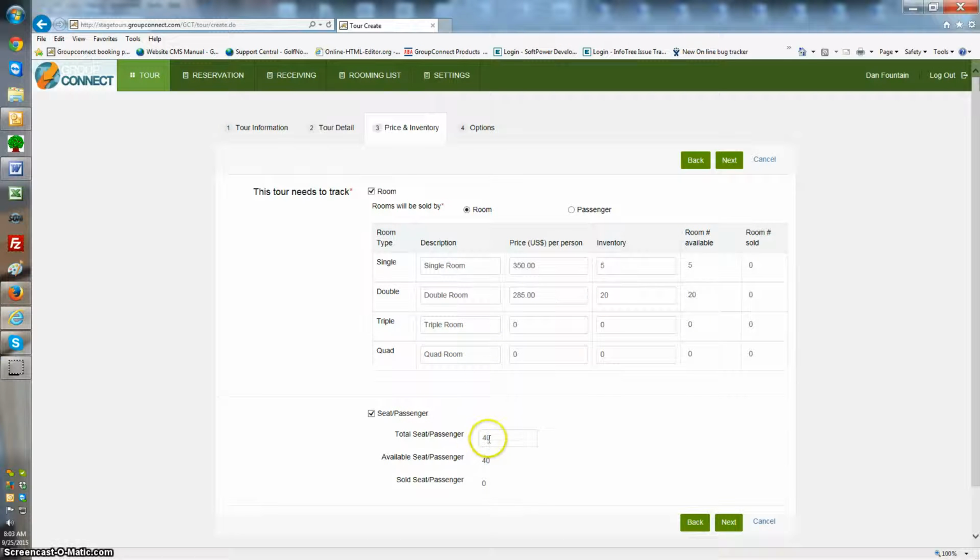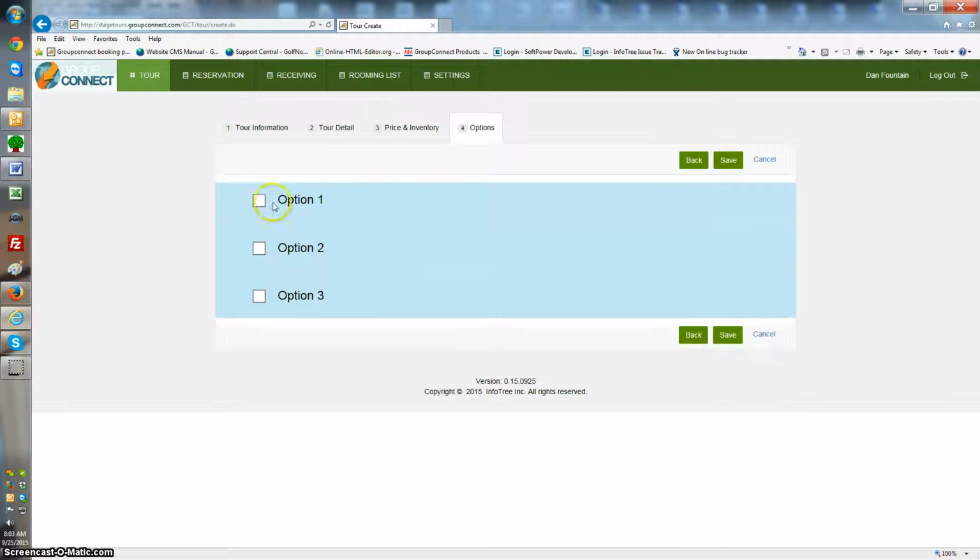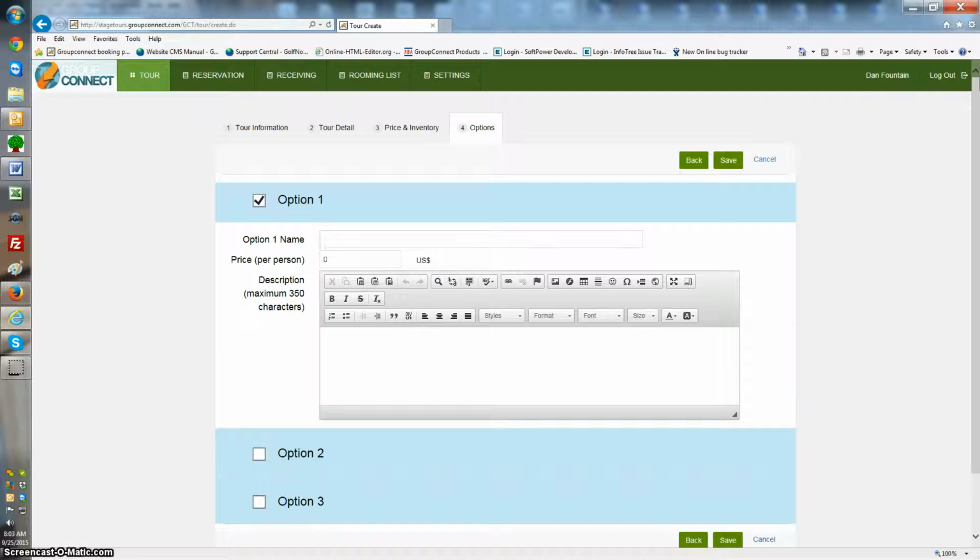You'll either have to come back and increase the inventory on the bus or increase the inventory on the room in order to continue to sell. So in my case, I'll make this 355, I'll make this 285, 5 and 20, that's the rooms, 40 passenger, and then do next. My next option is I can sell something outside of this,